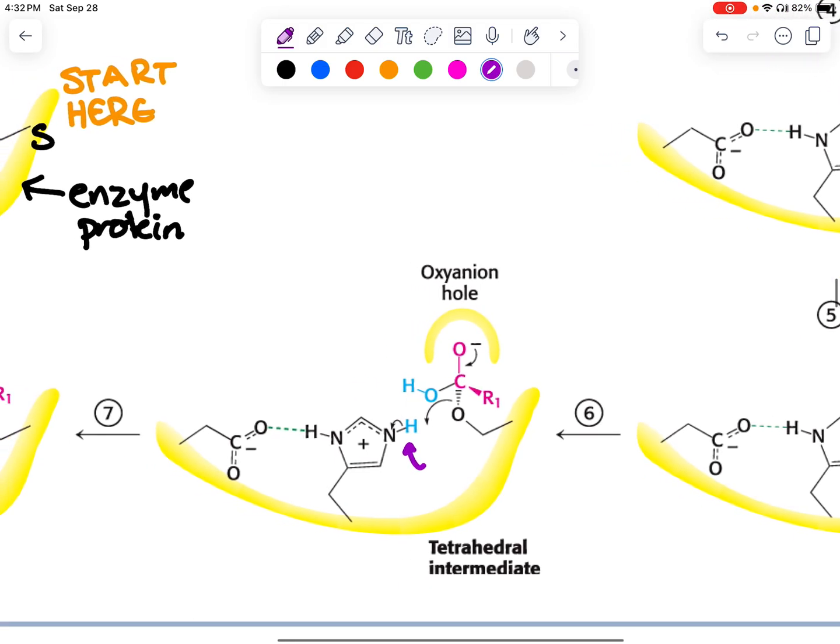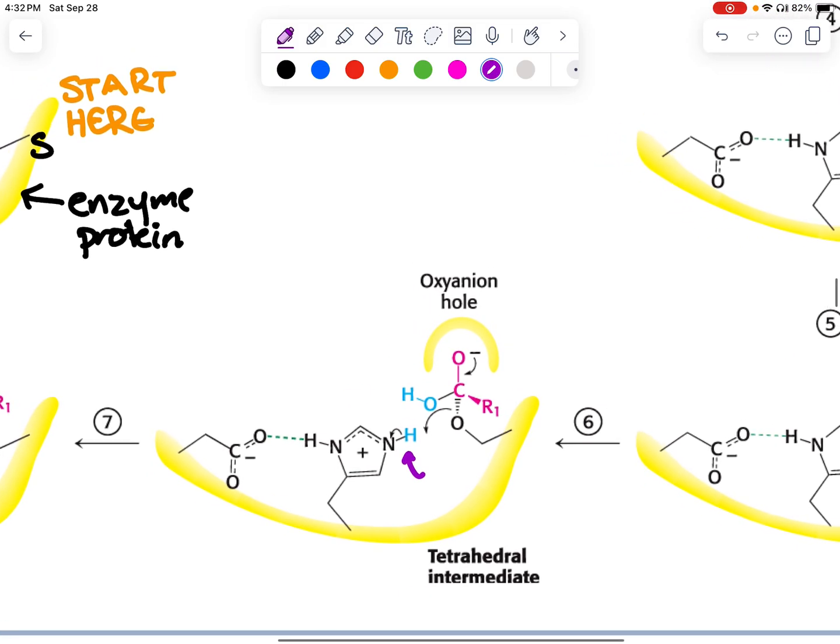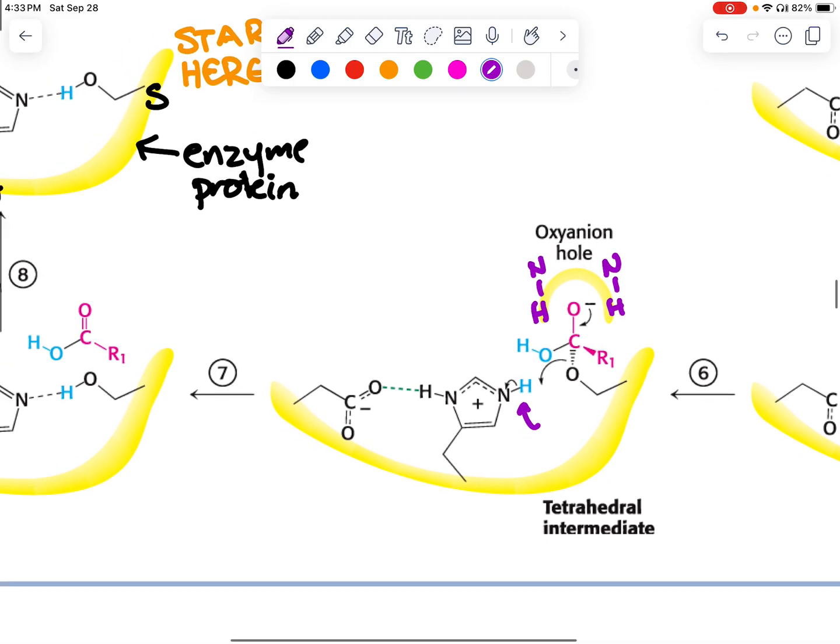So if we move over here, we see we have that hydrogen bound to our histidine. And we again have a new tetrahedral intermediate. Again, we have these other backbone hydrogens that stabilize that, make it lower energy. So if the transition state's lower energy, it's going to be easier for our molecule to make it over that transition state activation energy hill. Then what we see happens